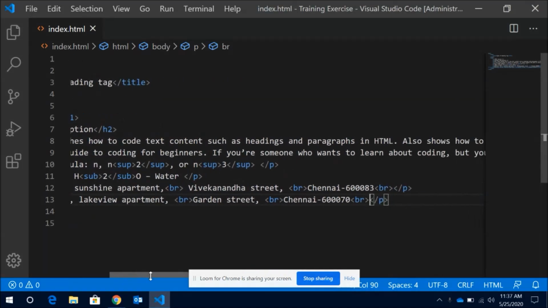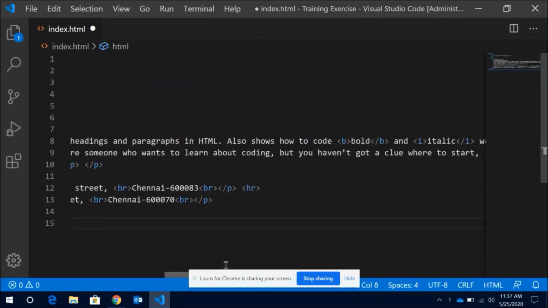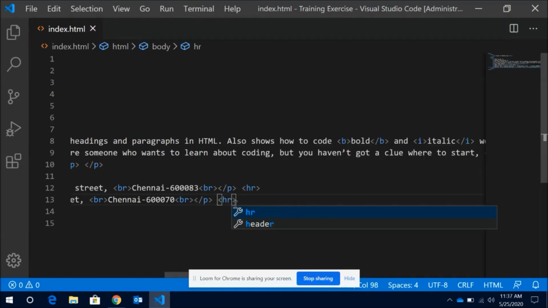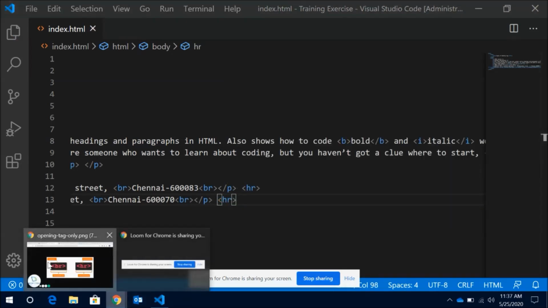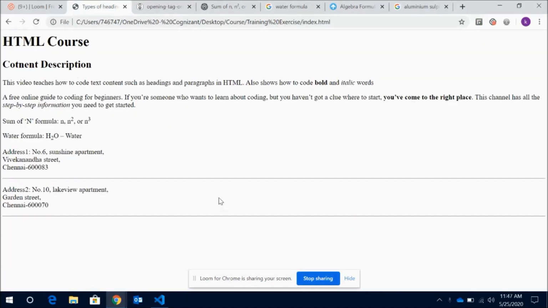I need a horizontal line after the first address, and after the second address also I need a horizontal line. Let me see the output for this now. Now we can see the horizontal line after each address.